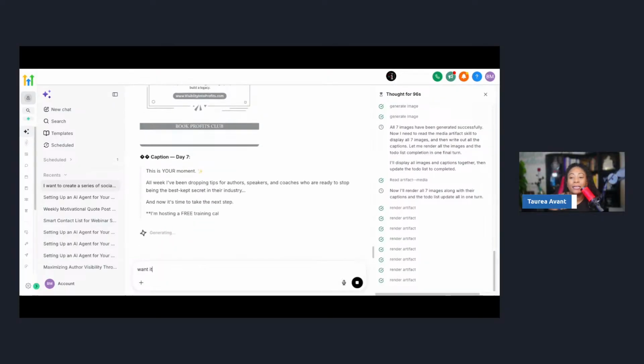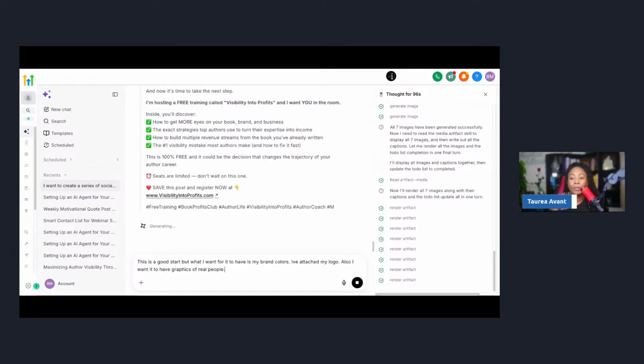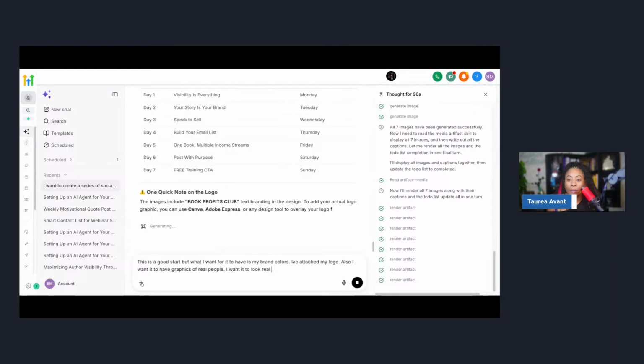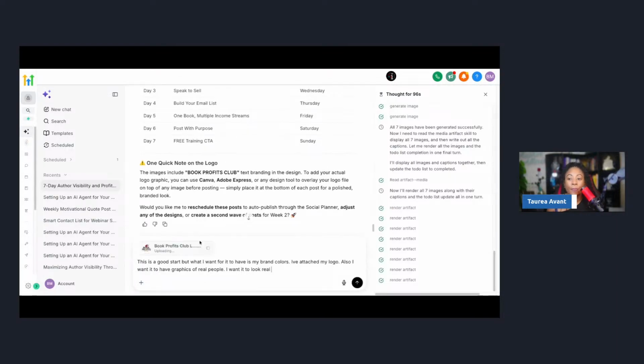Also, I want it to have graphics of real people. I want it to look real. Okay, so now I'm going to add my logo. Here's my logo. Boom. This is a good start, but I want graphics of real people in the background, real, and grab attention. I think just the plain text will not work.